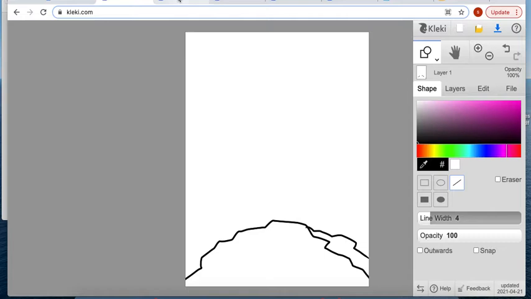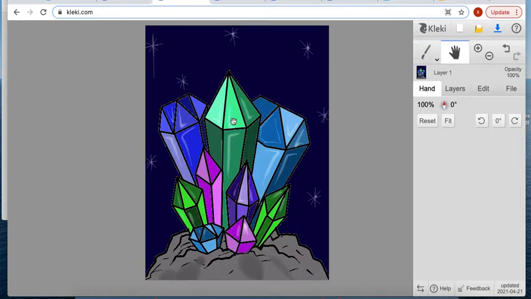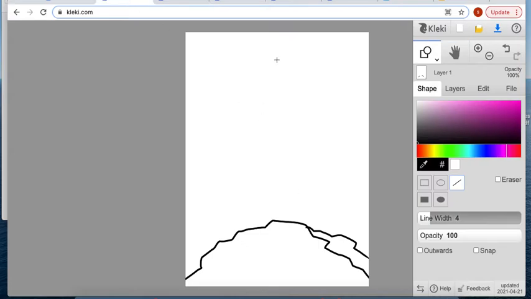The first crystal I want to draw is the tallest pointy crystal here in the middle. I don't want to go to the very top of my page. I want to leave a little bit of empty space, but I do want it to be very tall. So I'm going to come a bit down from the top, but still high up, and I'm going to make an upside down V shape. So 1 and 2,